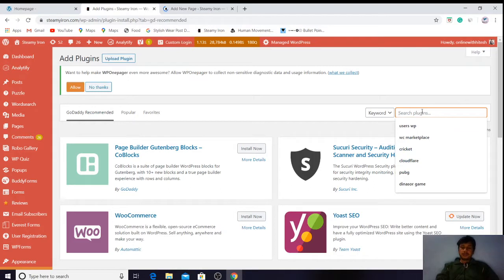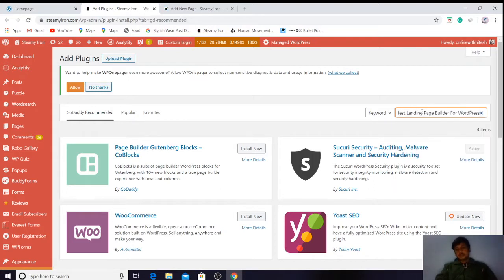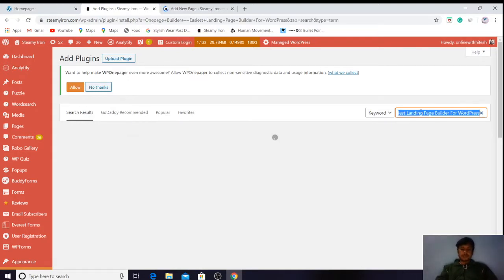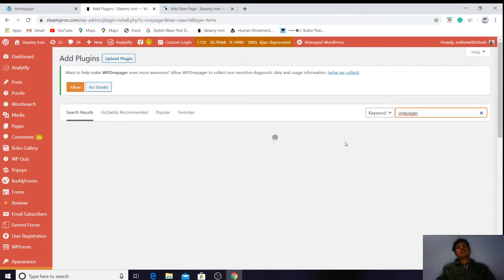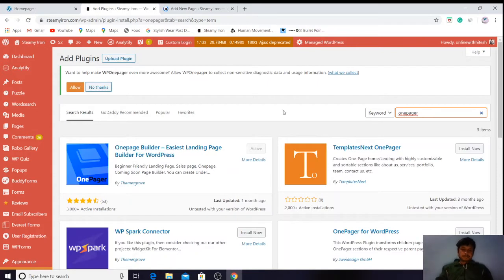Now what we are going to do is put in the plugin name, it's One Pager. So it's my plugin. I have already installed the plugin. You can install it from here. So it's installed.